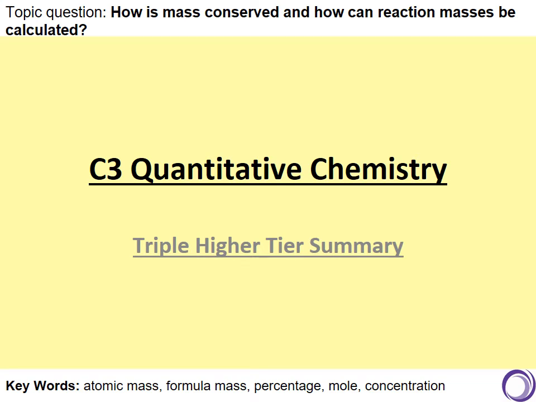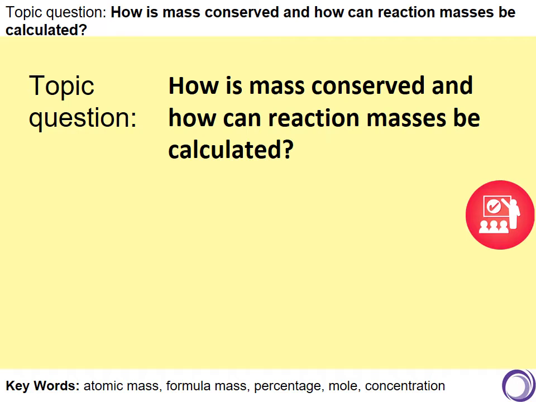This is a summary video for the C3 Quantitative Chemistry Unit for the AQA Separate Chemistry Award. In this video we will cover all the content required for both foundation and higher tier. During this video we will look at the topic question, how is mass conserved and how can reaction masses be